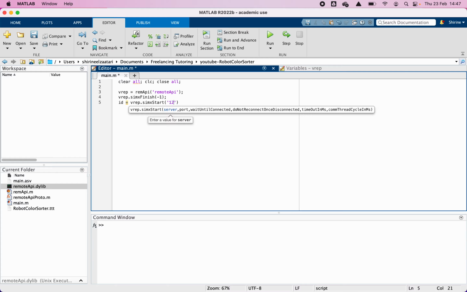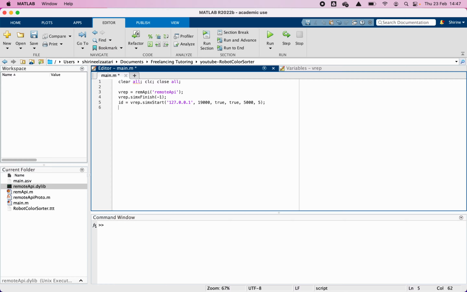We first specify the port name, and the server name, and then the port number. Now this can be any random number, as long as it matches the one in CoppeliaSIM. Then we set this variable to be true, and this to be true as well. And then we're going to be attempting to connect for 5 seconds before saying that it's failed